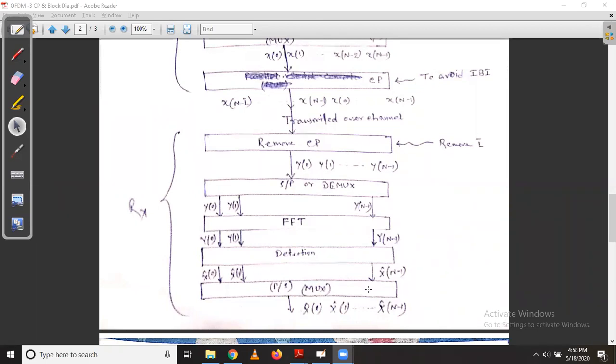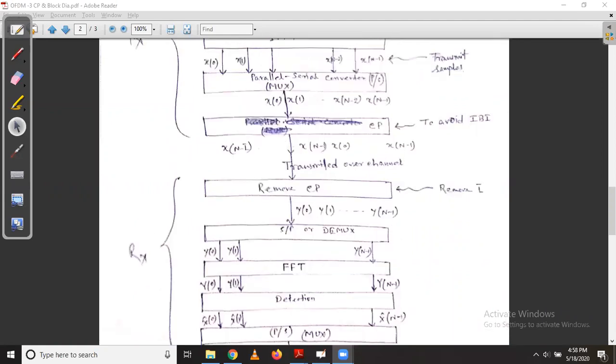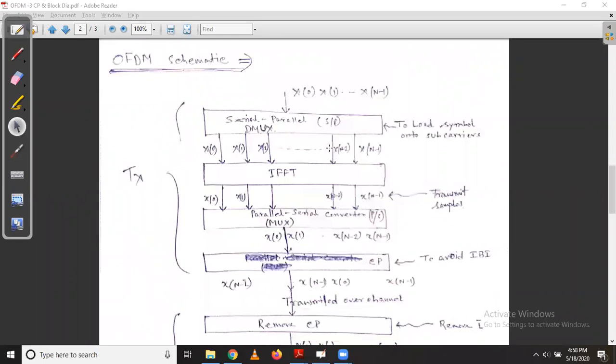So whatever we have discussed, orthogonal frequency division multiplexing, for the semester exam, they may ask for the OFDM block diagram. Previously, we discussed OFDM over the last 2-3 days, but everything was for the purpose of concept only. For the final semester exam, they may ask mainly about the block diagram. But to understand the block diagram, we have to discuss a little bit of the things we have discussed.